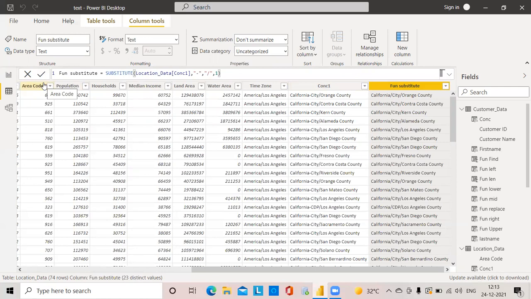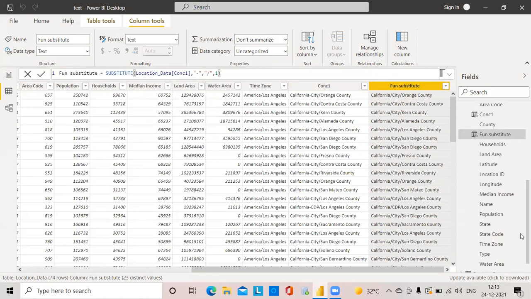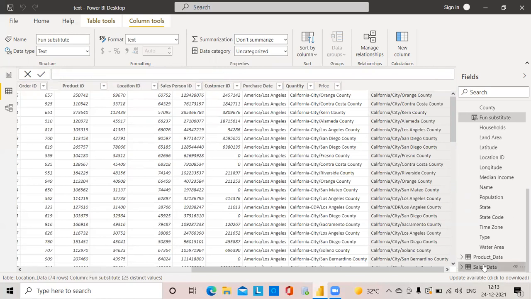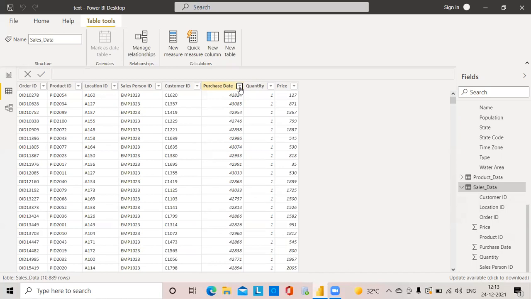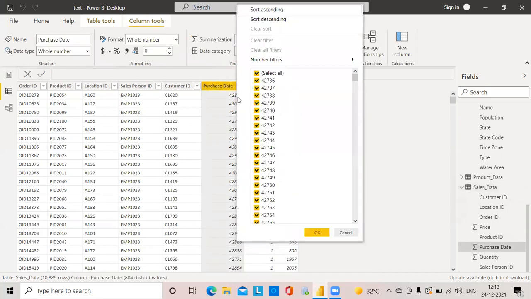Again, I will use another function, that is the date add function. For that I will use sales data. Here in the sales data, we can see the purchase date. I will convert this into date format.